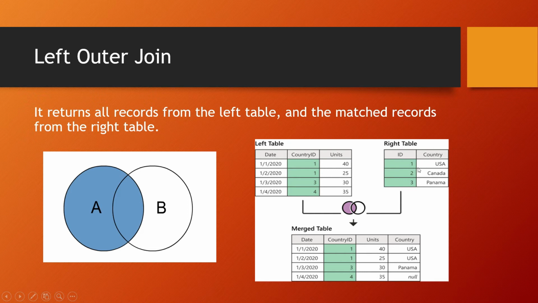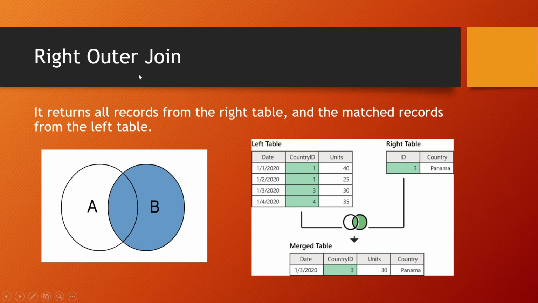There are some changes in the right table from the previous example, and when we merge the two using the left outer join, we can see that we have all the values from this column, while those matching have further values as well, and the rest are not defined over here. So 1, 1, 3 and 4, we have 1, 1, 3 and 4. We don't have 2 over here as we have in this ID column because it's left outer join, while if it were right outer join, we would have had 1, 2 and 3 as well, but we wouldn't have 4 over here.